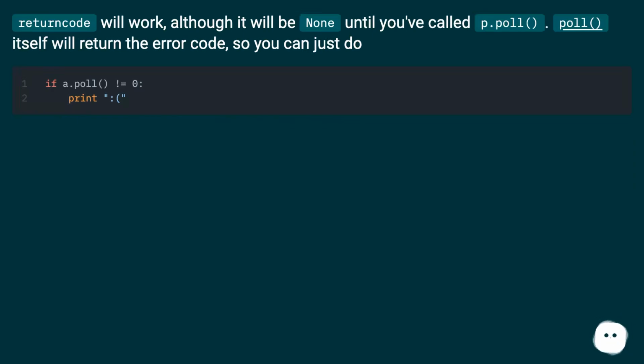Return code will work, although it will be None until you've called p.poll. Poll itself will return the error code, so you can just do